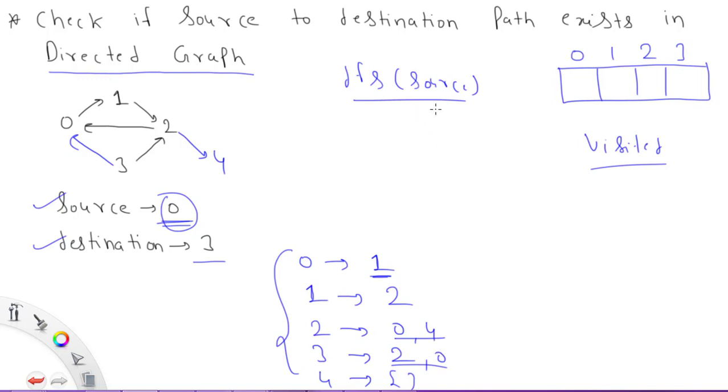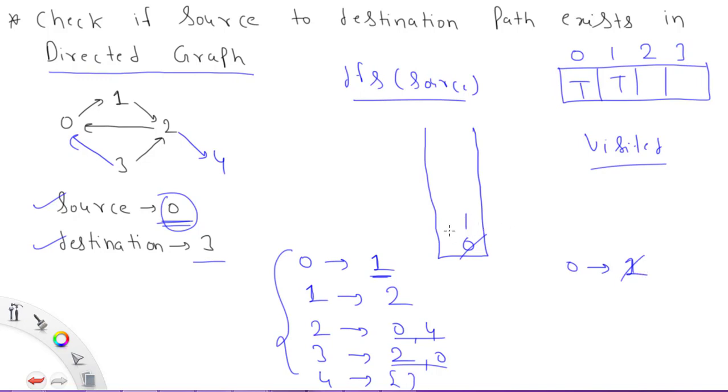Now let's start the DFS on the source. First of all, if we solve using a stack, I put the source here. My source is 0. Now I remove this element from here and check which are the neighbors of this 0, meaning where I can go. So now I can go to only 1, right? I will check whether this 1 is visited. 1 is not visited, so I'll set the value to true here, and when I inserted this 0, this is also true. And when I made the value true here, I will put the 1 here as well. Because there was only one element, now I will check the top element of this stack.